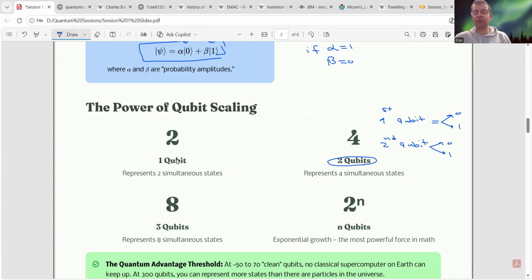So in total, we have 4 possibilities: 0, 0. So I write it here: 0, 0. The other possibilities are 0, 1, 1, 0, and 1, 1.